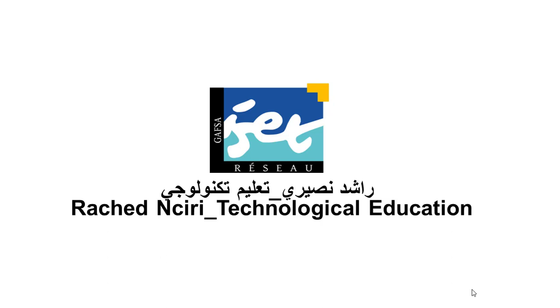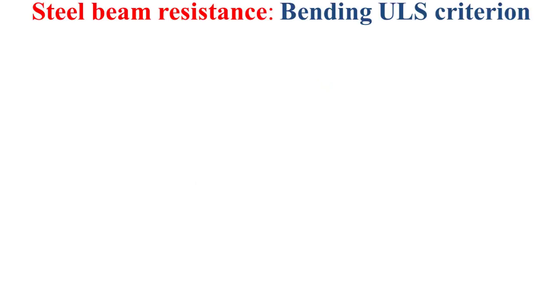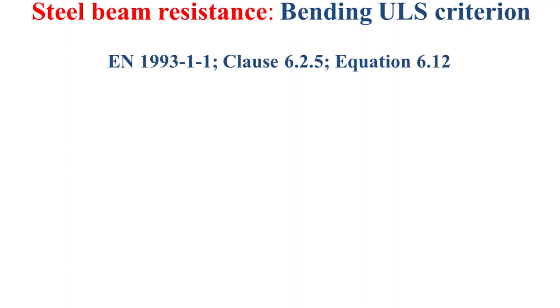Hi students, I'll try in this educational video to technically introduce the steel beam resistance under the bending ultimate limit state criterion, of course as simply and as clearly as possible. Okay, let's go. Well, the bending ultimate limit state criterion is expressed by the Eurocode 3 standards